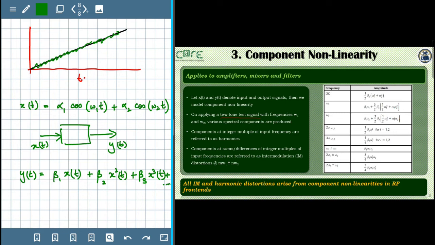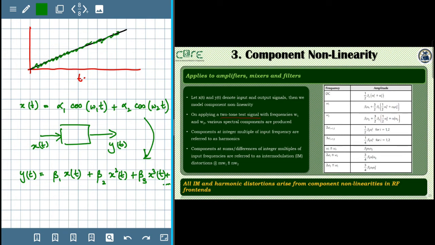So beta 1, beta 2 and beta 3 are sufficient to characterize the nonlinear behavior of any device. And in presence of these coefficients, we substitute the input signal x(t) into this expression and then find out the output